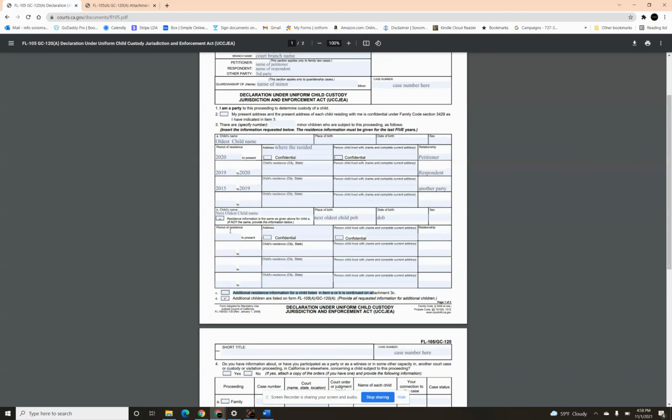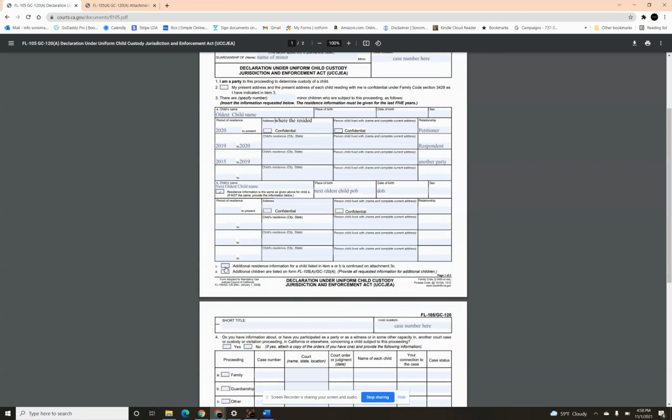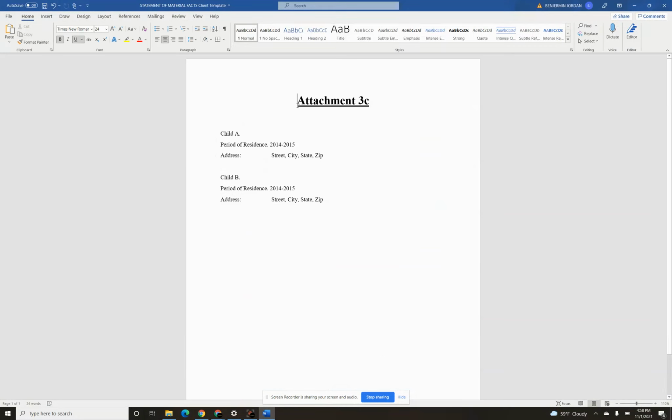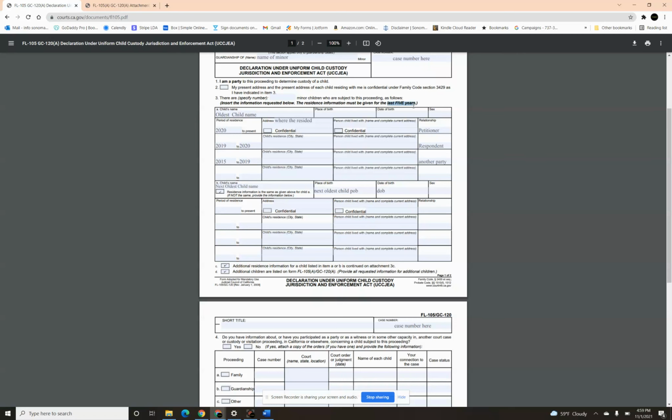What this is stating is that if you have a child that has moved more than 4 times, which would be 1 address, 2 addresses, 3 addresses, 4 addresses within the last 5 years, you can check C, open up a Word document, type attachment 3C, let the court know which child you're speaking about, the period of residency, and then the address where that child was living. You can do this for as many addresses as you need until you've reached the last 5 years.